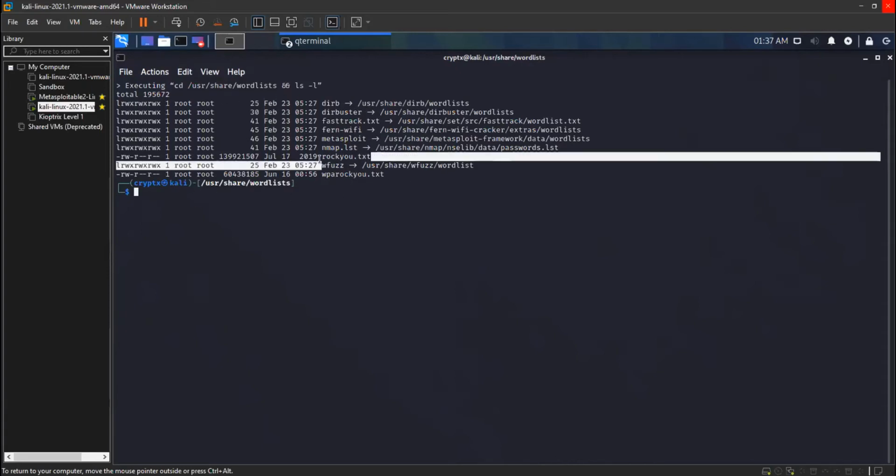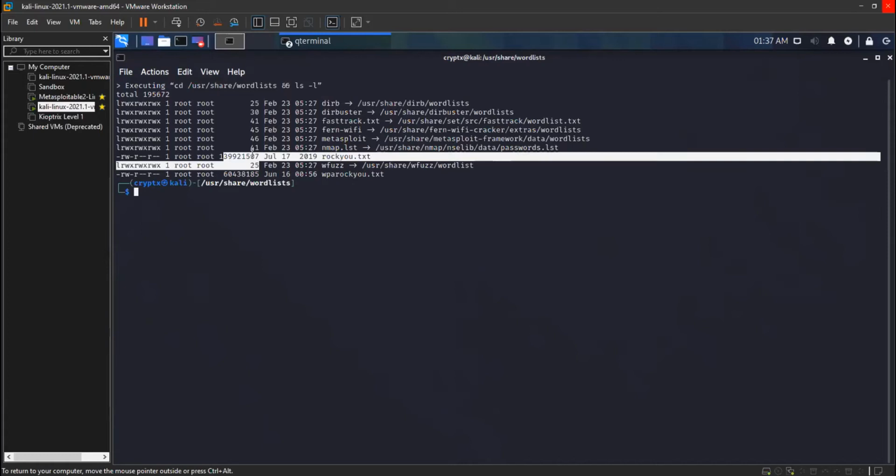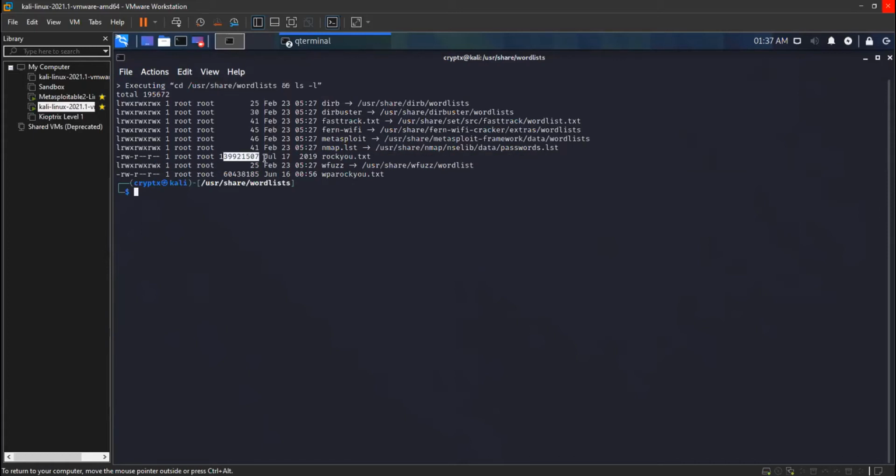One of them is rockyou.txt, which is a compilation of common passwords or bad passwords which were used by people and leaked somehow. This was updated in, I think, 2019. I don't know how many lines it contains, so I'll show you how many words rockyou.txt contains.